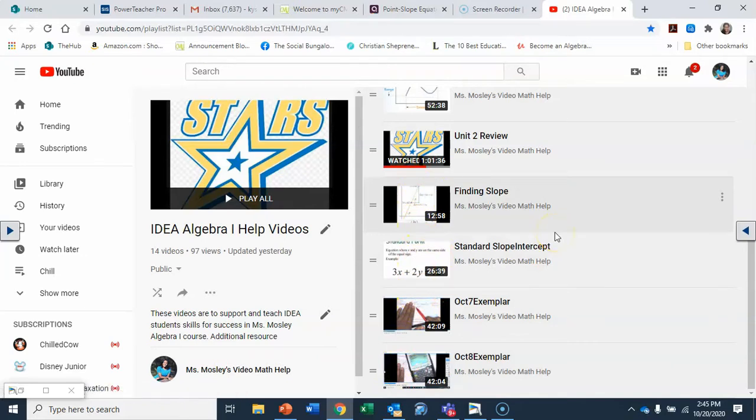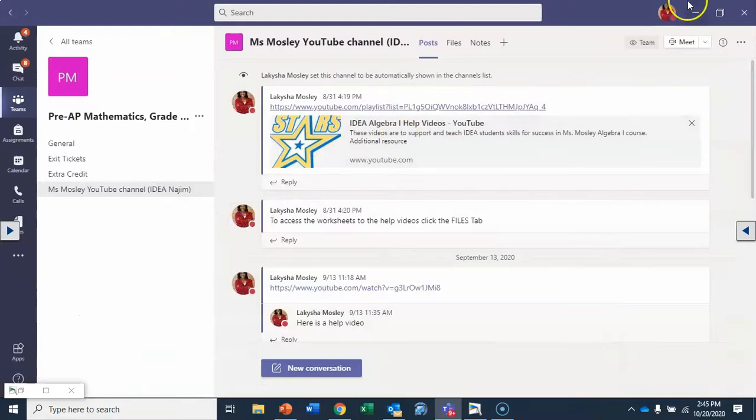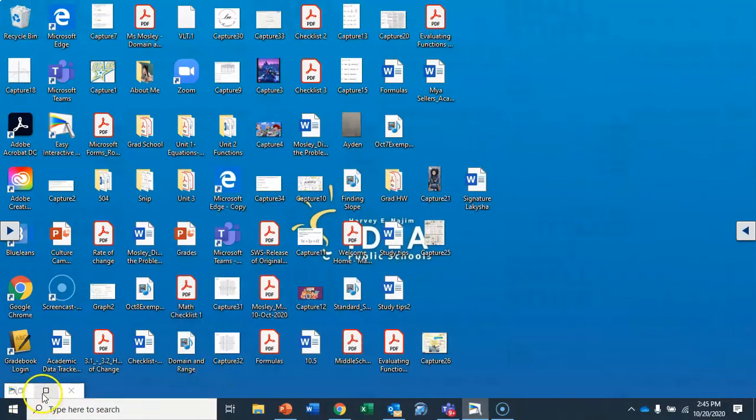Remember that the IA is going to be over unit 1, unit 2, and it has about 5 questions from unit 3. So knowing how to find the slope, knowing how to change an equation into slope-intercept form, or going over to standard form, and then of course look at October 7th and October 8th, okay guys? Hopefully this helps you. Make sure you know where the YouTube channel is. I'm going to post 2 more videos, this one and another one. All right, here we go.